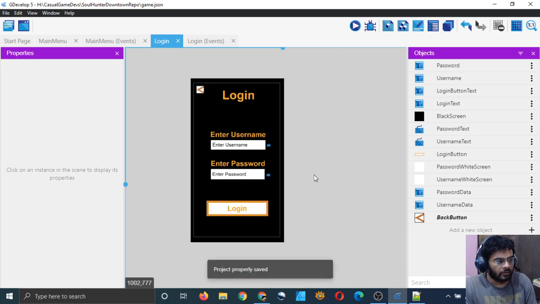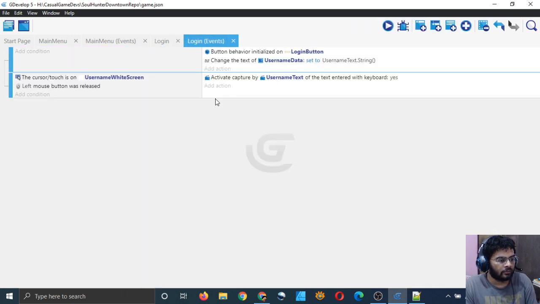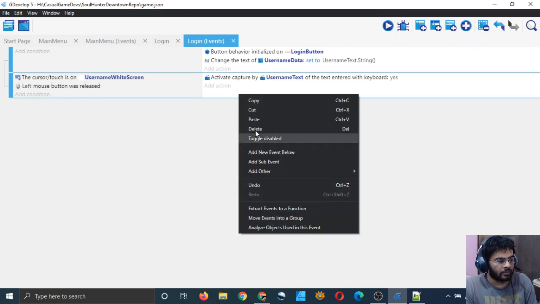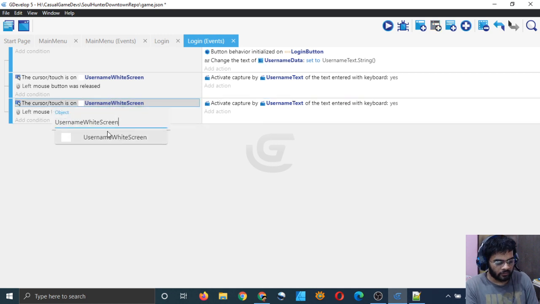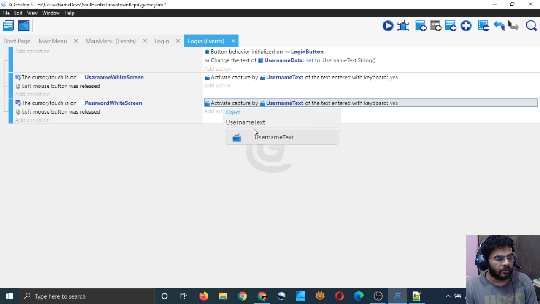Okay, let's do the same for password and see how it works. I will copy this and paste it right here, and I will simply change the username white screen to password white screen, and username text to password text.